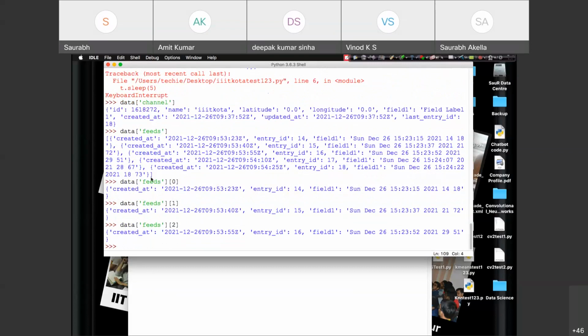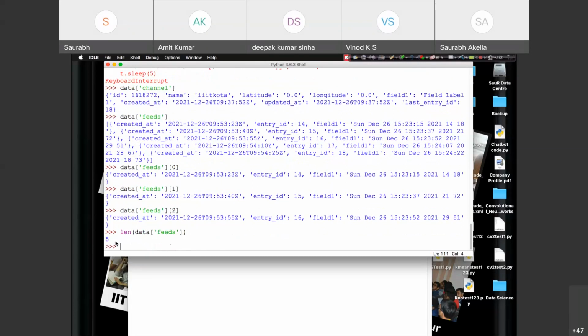In this list. And this list defines how many responses that you have. If I want to check the length of data of feeds, right? It will tell you how many values do you have? How many lists do you have? Right? So what if I'll write here data of feeds